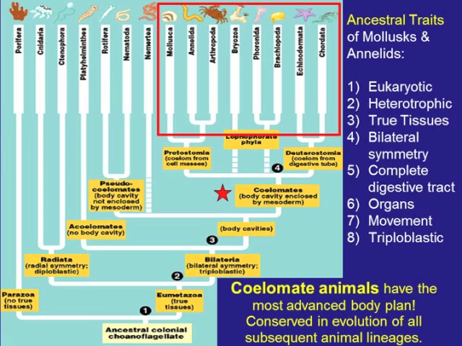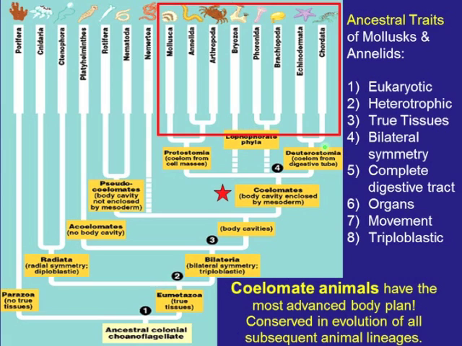Those are flatworms that we previously studied, and then body cavities. Those organisms gave rise to two groups, the pseudocoelomates. So they have a body cavity not enclosed by a mesoderm. Those are the rotifers, nematodes. And then we have the true coelomates. They have a body cavity enclosed by a mesoderm, and we have three major groups of those: the protostomes, the